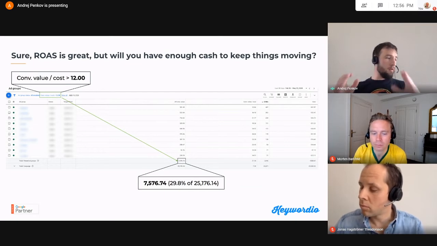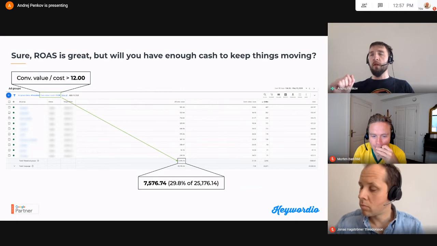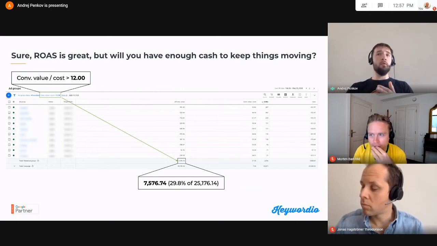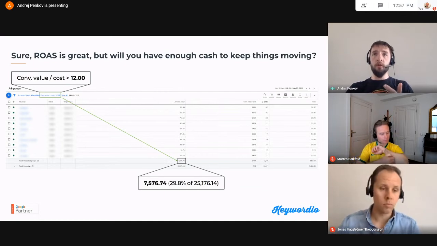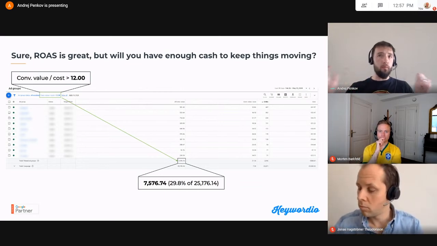But you gotta have a long, hard look at your finances and ask yourself a pretty tough question. Is this 29% going to be enough to pay the salaries? Is it going to be enough to pay my salary? Is it going to be enough to pay the suppliers, to get the rent, to get the returns taken care of, and to settle all the expenses that you inevitably incur by running your business?